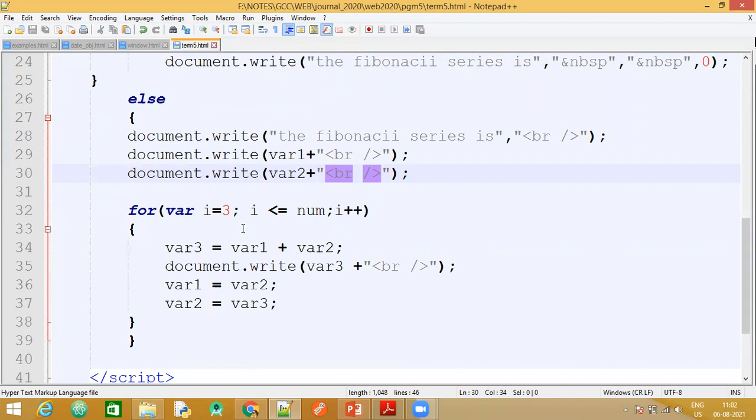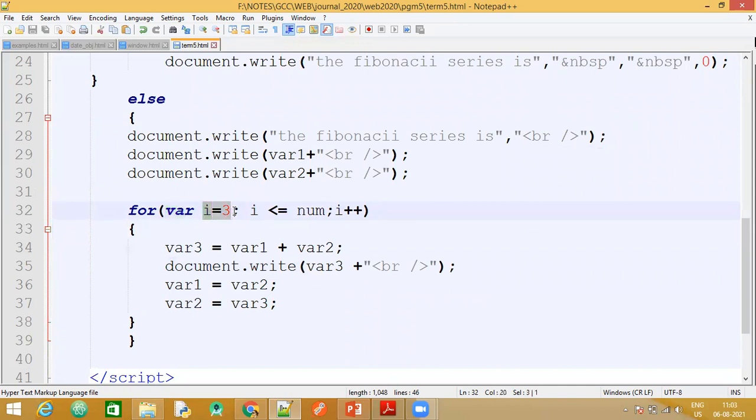Then, after printing 0 and after printing 1, we need to generate the rest of the Fibonacci series. For that, we'll make use of a loop, that is a for loop. Here you can see that I need not declare this variable i at the beginning. Since JavaScript is dynamically typed, directly within this loop I can make use of the keyword var and start with the loop initialization.